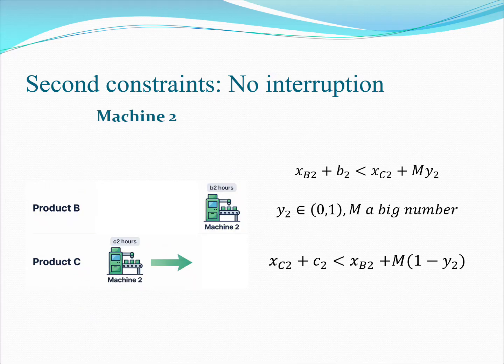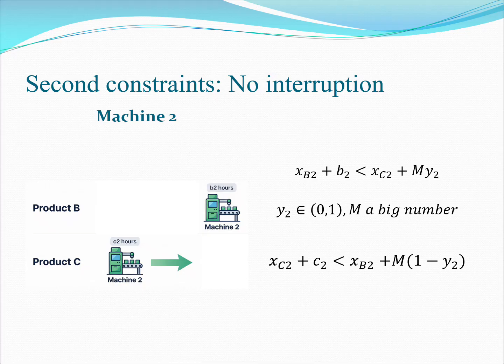To handle this problem, we use a binary variable y and a big number M. When y equals 0, only the first constraint holds, but the right-hand side of the second constraint is added with a big number, and therefore the second constraint is not actually active in the solution. Also, when y equals 1, the right-hand side of the first constraint is added by a big number,